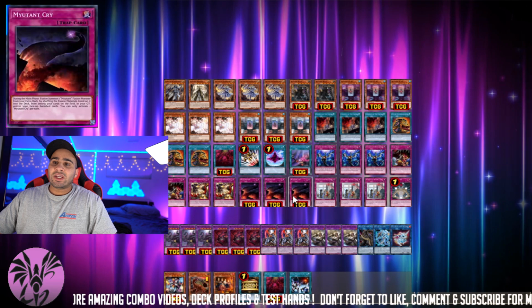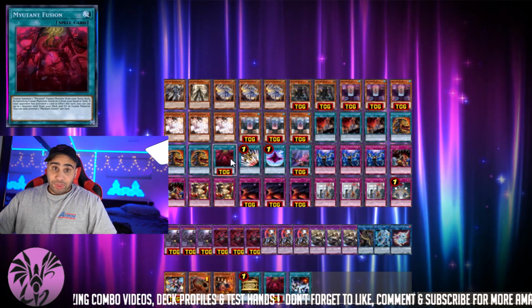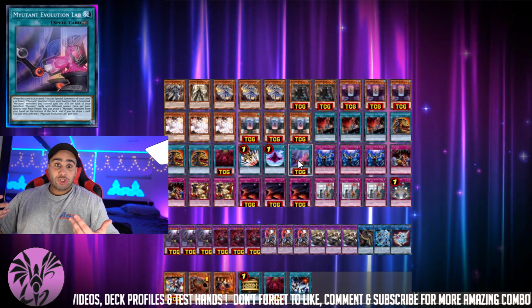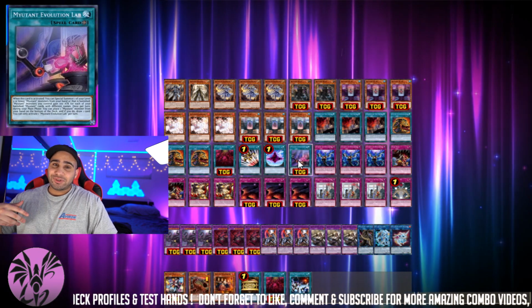It's just an example, because Mutant Cry single-handedly does nothing, the Fusion Spell does nothing, and the field spell, whoa, it should be in my deck. Oh yeah, Evolution Lab also does nothing. The field spell should have allowed you to search a mutant monster from your deck to your hand, but then